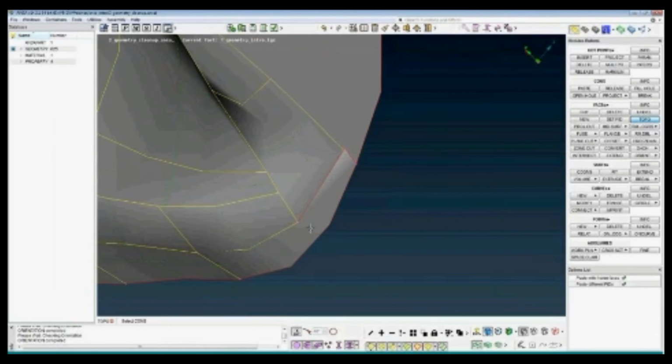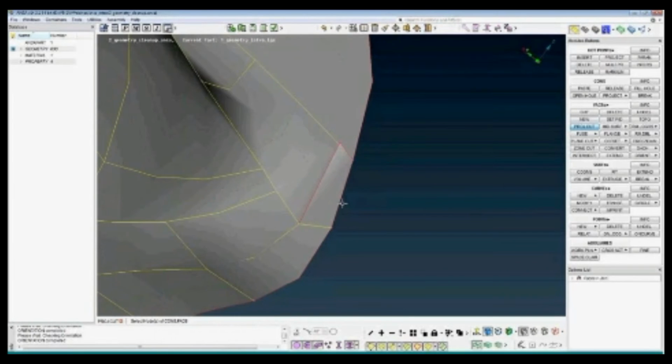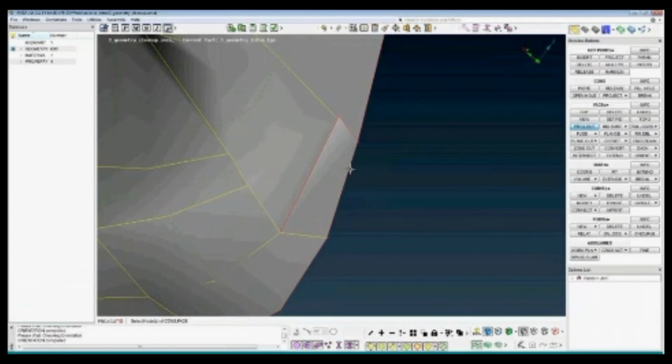What I will do, I will make a cut and then create a new face. To make the cut, I can either project the point on that line and then make a cut, or use the project cut. The project cut will project the point and do the cut in one step. And also I will keep this geometry